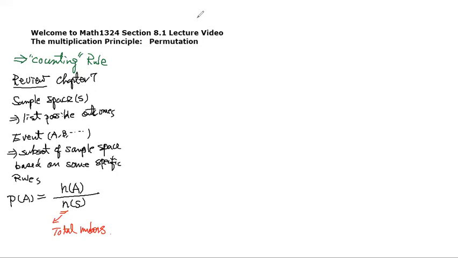So what is chapter 8 about? Chapter 8 is related to chapter 7. Now we want to talk about some counting rules. Some experiments become quite tedious and complex, and we cannot really write out all the possible outcomes. For example, like we did in chapter 7,